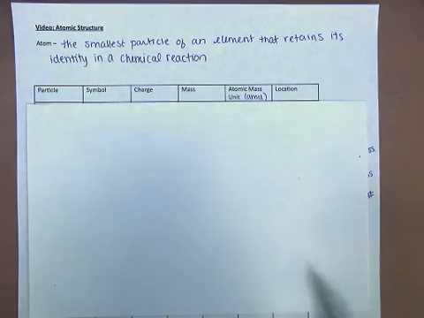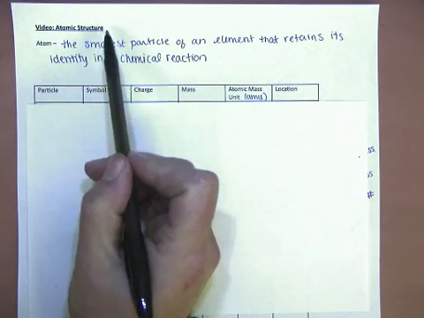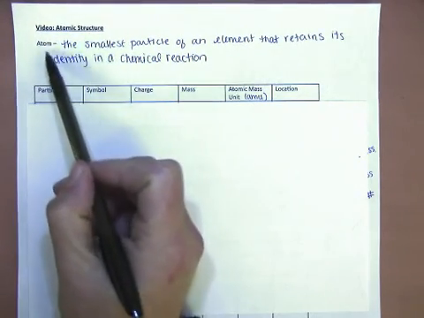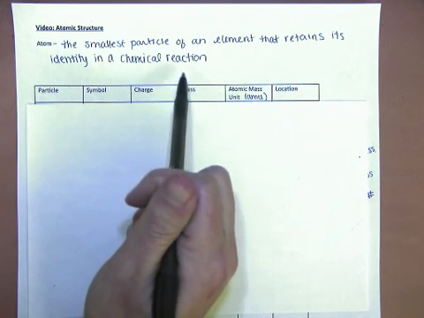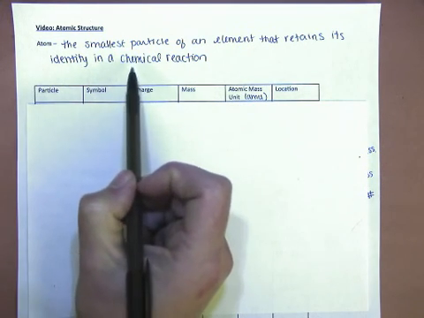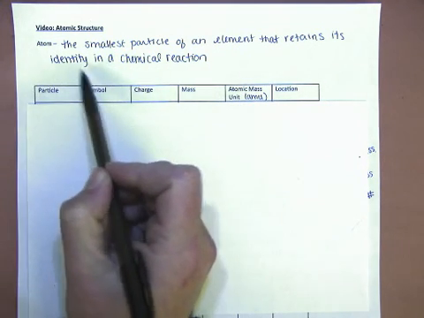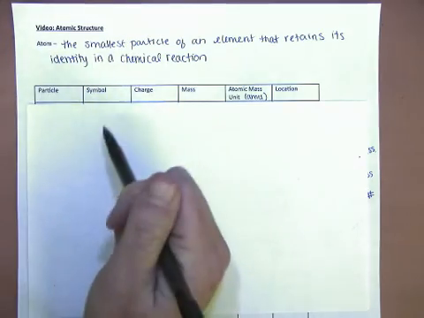This video is on atomic structure. So atomic structure has to do with the structure of the atom. An atom is the smallest particle of an element that retains its identity in a chemical reaction. Atoms are tiny, and there's been lots of experiments done to help us understand the different parts of the atom